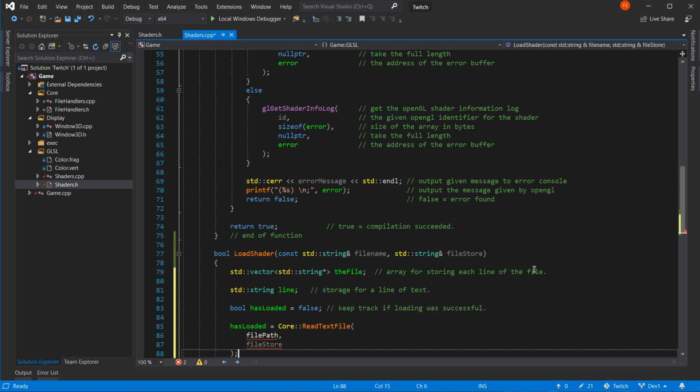Right, so everything's got red squiggles on it. I think we could just put file path there. Right, that gets rid of the first one. And that gets rid of the second one. No? What?